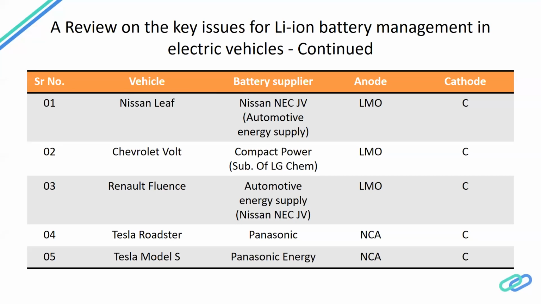The amount of cells they have used is humongous. You might say 4,000 cells are easily present in any Tesla car. Those 4,000 cells are NCA and again carbon, and carbon as in graphite, graphene. And they use these cells in order to propel these purely electric vehicles. Tesla, as we all know. I think Ritesh Deshmukh owns one.